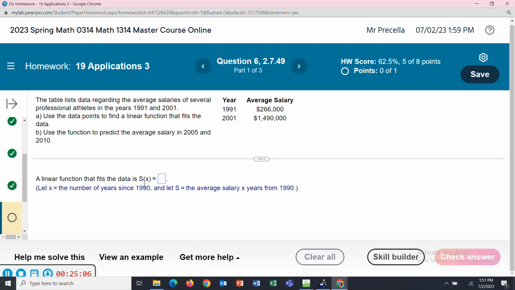Notice what it says. This little trick they do to get you some smaller numbers. Let X be the number of years since 1990. Let me make a note of that. X is the number of years